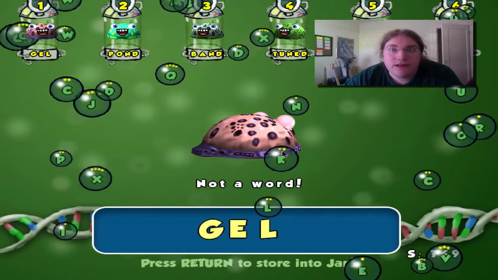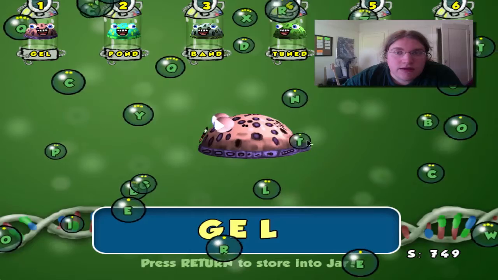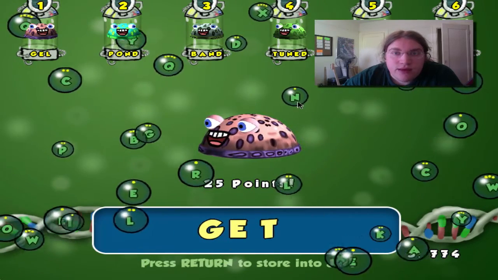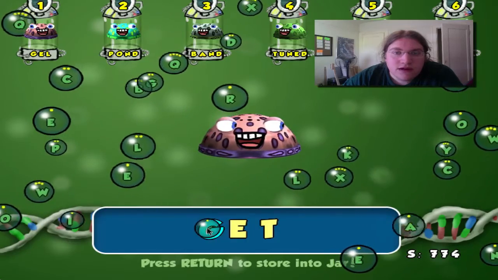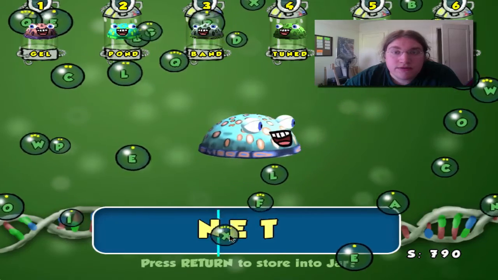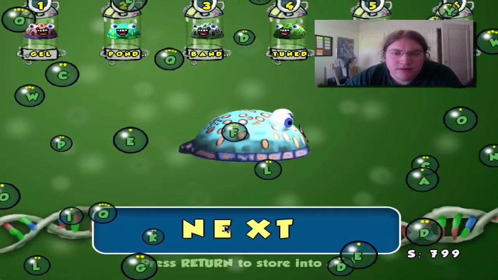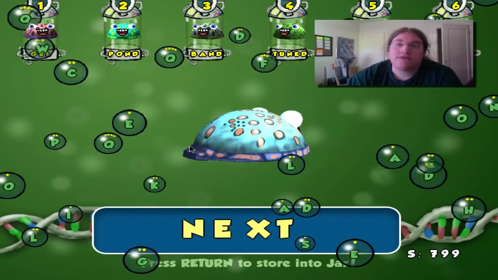So once you fill up the last slot here, word, get, okay. Net, ooh, this will be a good point value there. Well, maybe not. This will be 3, 4, I don't know. Anyway, once you fill up all the jars,